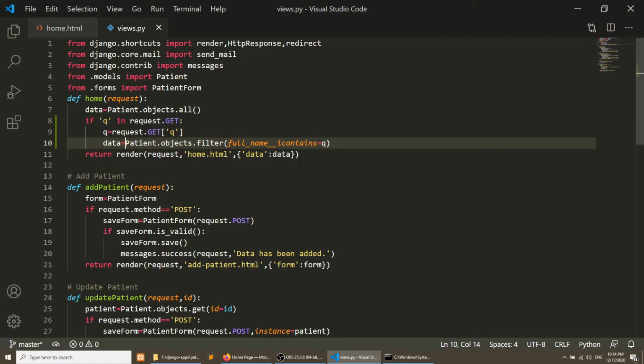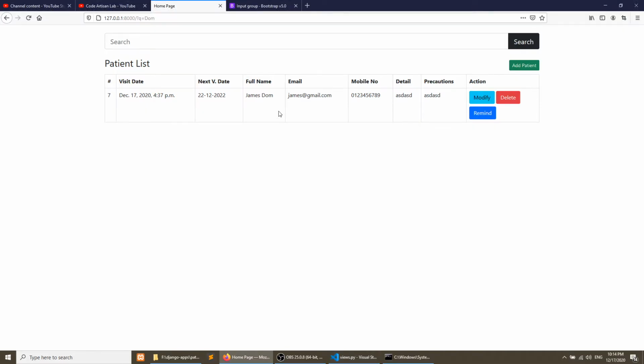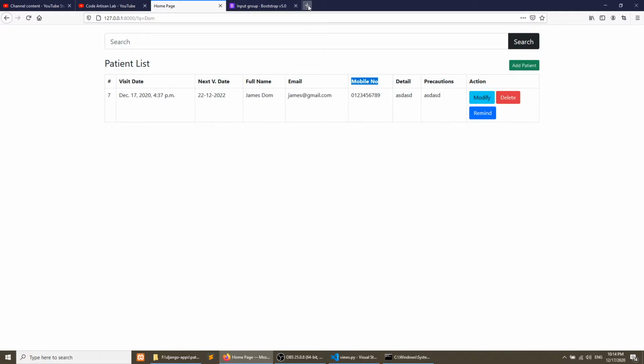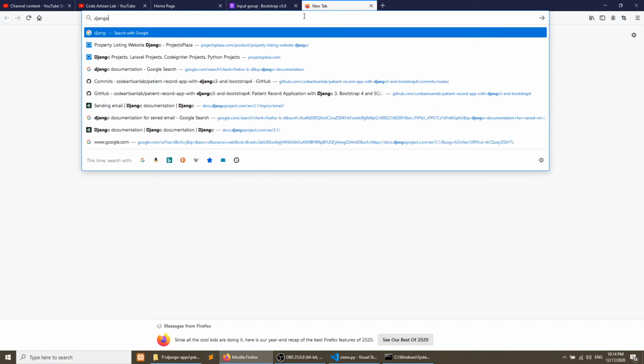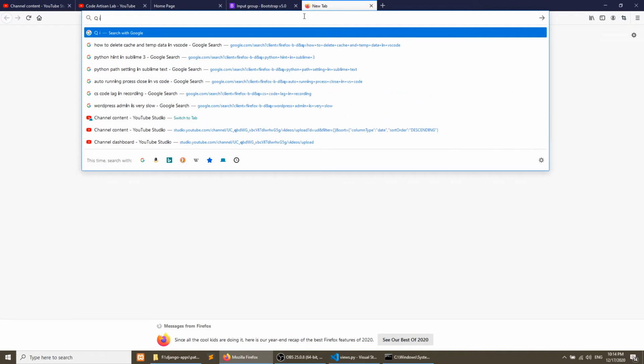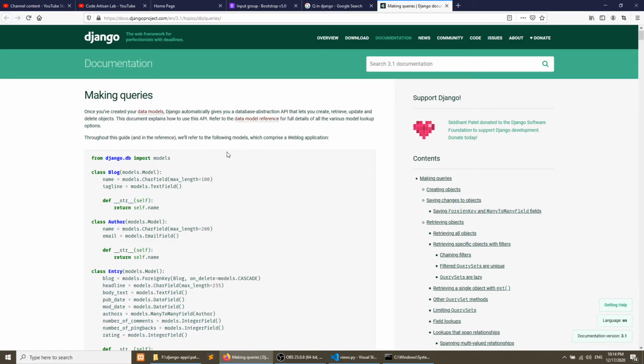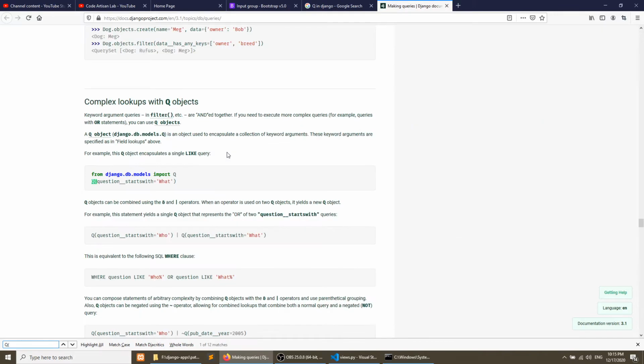We also want to search email. We also want to search mobile number. So how we can do this? Django provides us Q for query parameters, so we will check Q in Django. If you Google it, we have the documentation, and we will search Q like this.